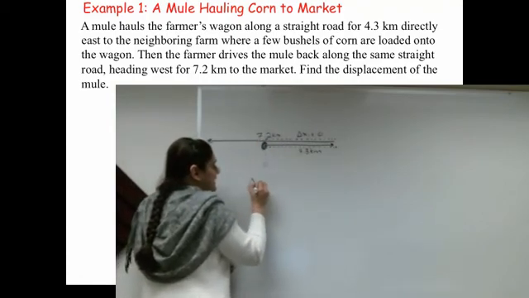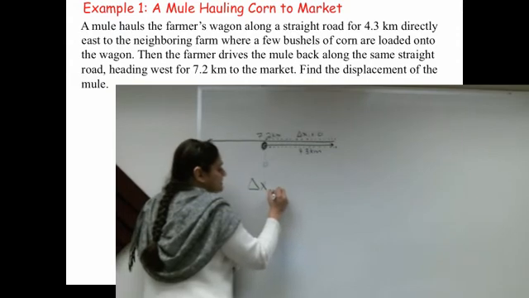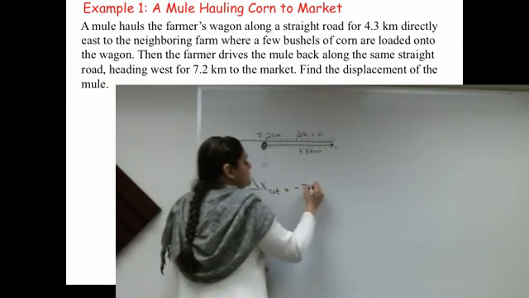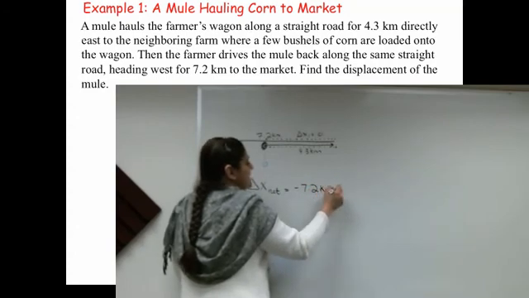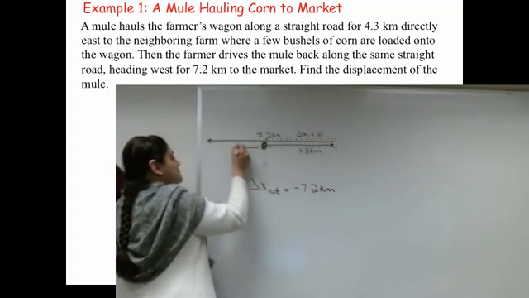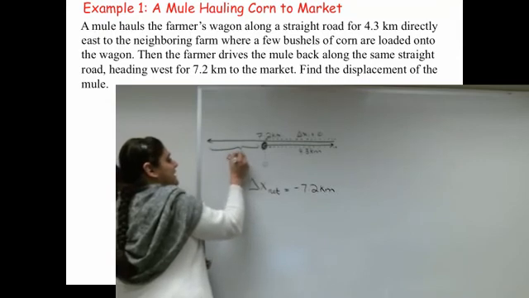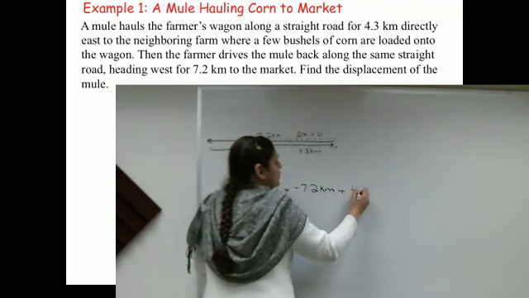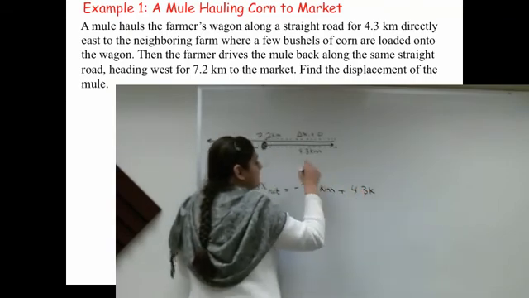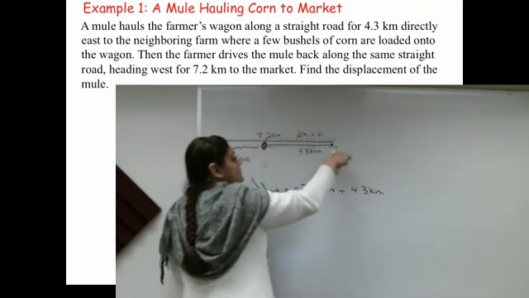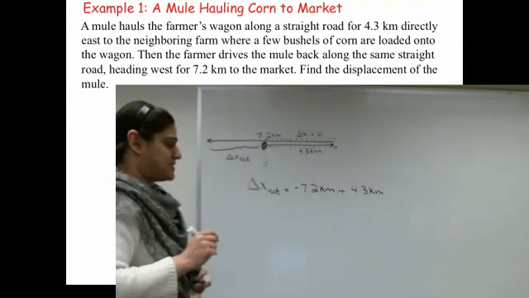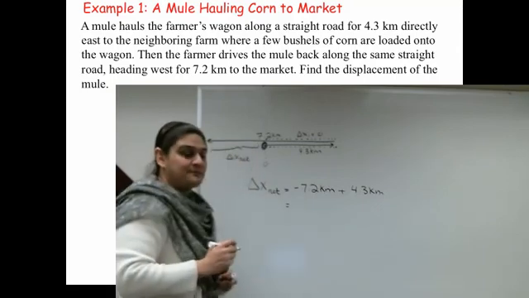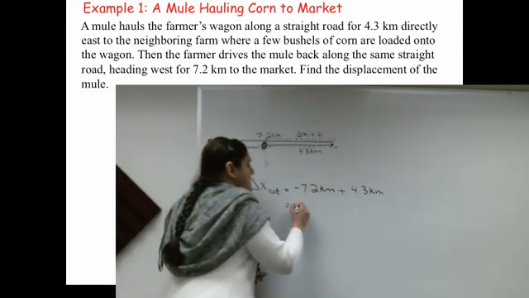So my delta x, which is my net displacement, is going to be minus 7.2 kilometers because that's the distance he moved, plus 4.3 kilometers because I know that in this direction they moved towards the positive side, right? So if I do a quick math, what is the answer going to be? It is going to be minus